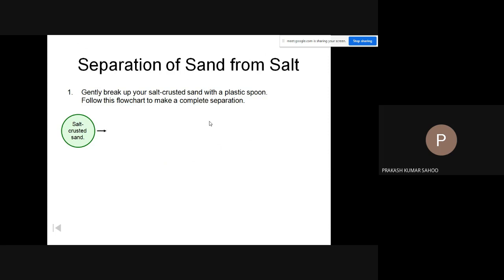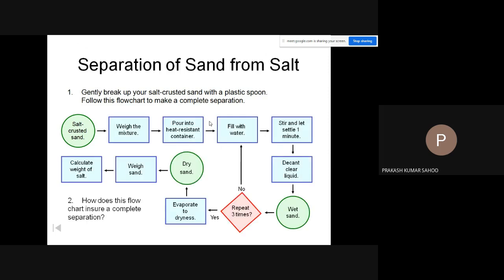Then this is very much the simple things. I am reading this one: separation of sand from salt. How are sand and salt separated? Salt crushed into sand,